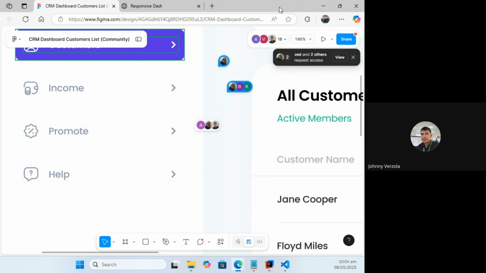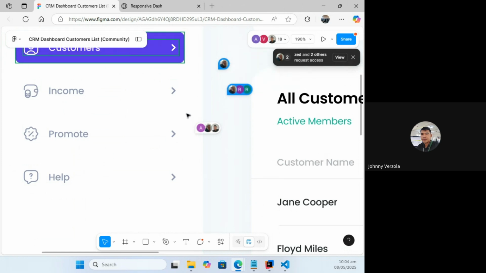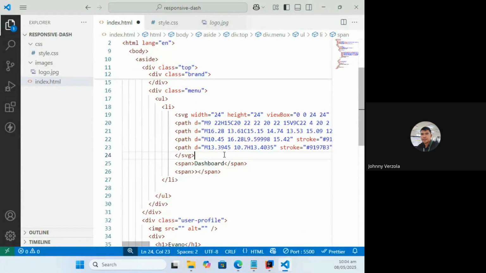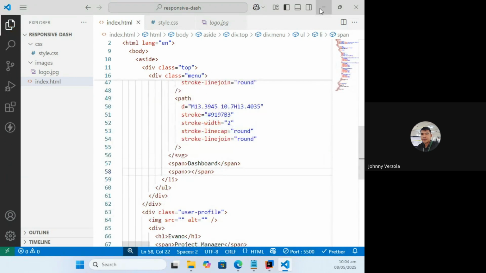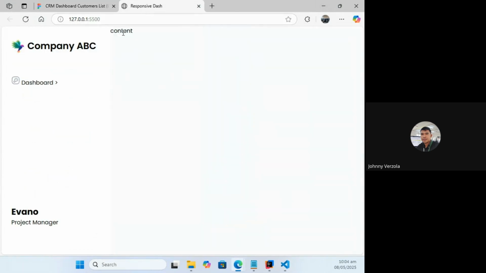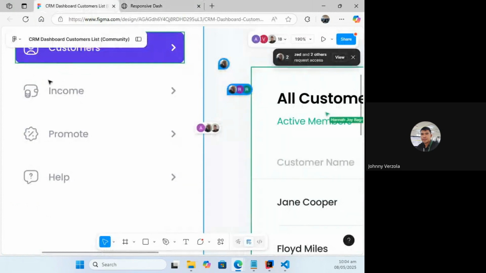Okay. And then we're just going to use the SVG. Okay. So I'm just going to use this one. Save it and try what happens. So we see it like that one already. I think it's just fine. Okay lang siya. Now, my goal now is make these three things align in this manner.